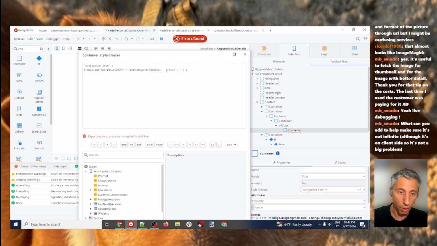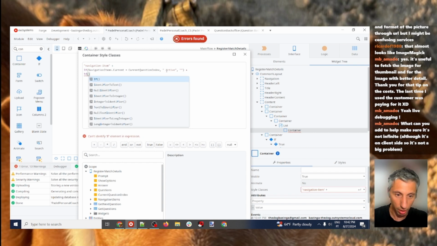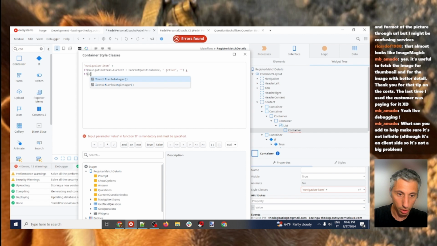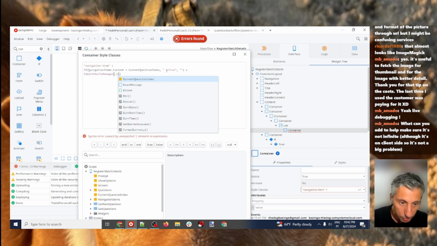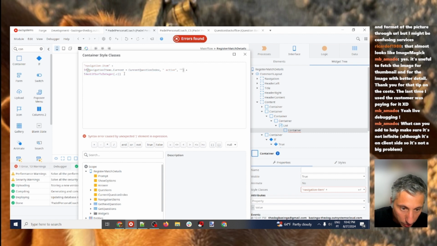Now another option is if the navigation item dot, oops, you know what happened? Okay, this for this if. So now if